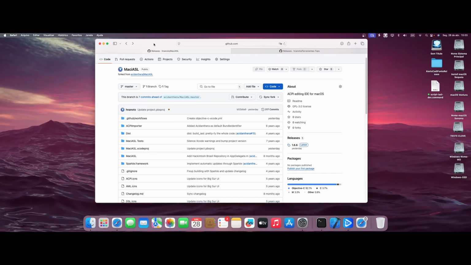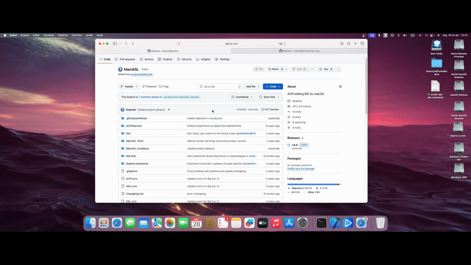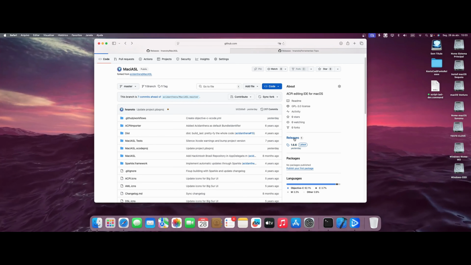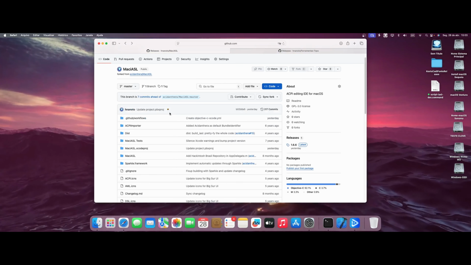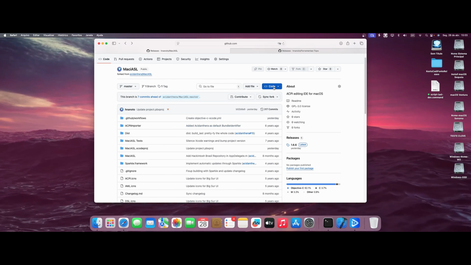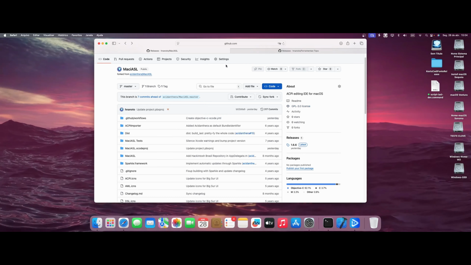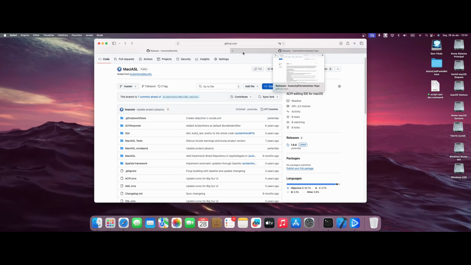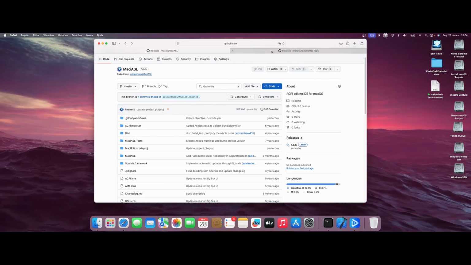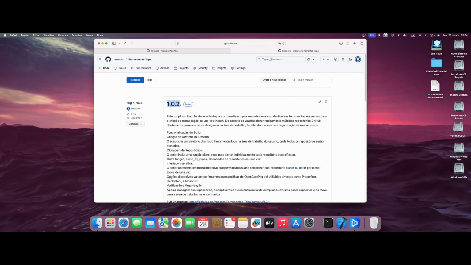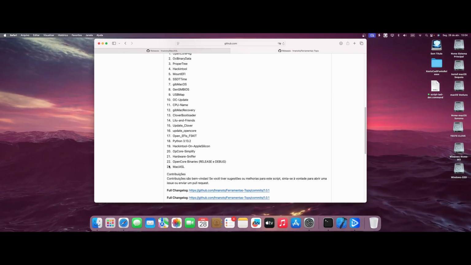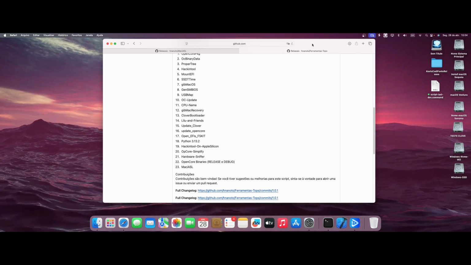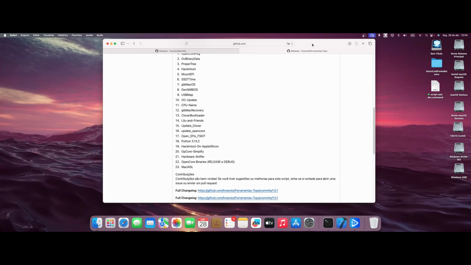So I made the fork of this MassSL repository, changed some things, and through this fork documentation that I created, I didn't leave any release here for now, so you can compile it there. Or you can download the source code directly here or through TopsTools. I'm going to do it through TopsTools because of how I include this fork documentation in TopsTools. So I have also updated its version here 102, and in position 23 is here MassSL.